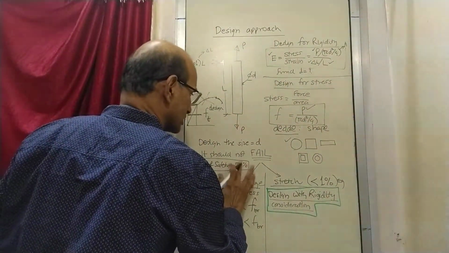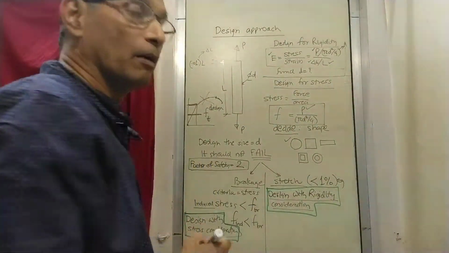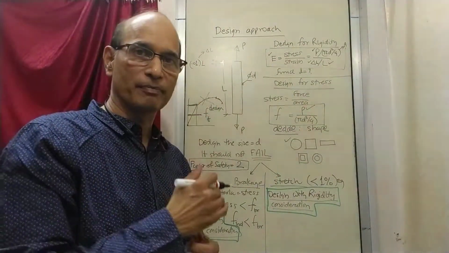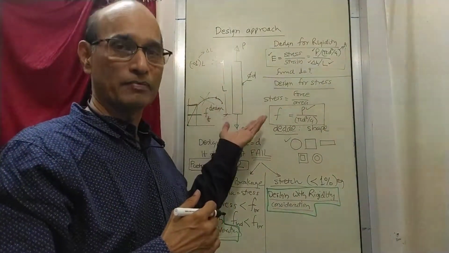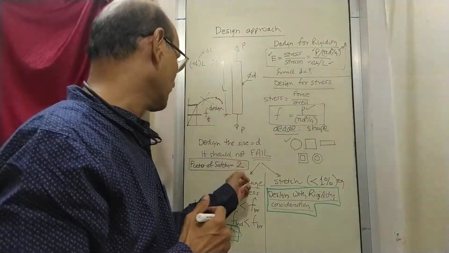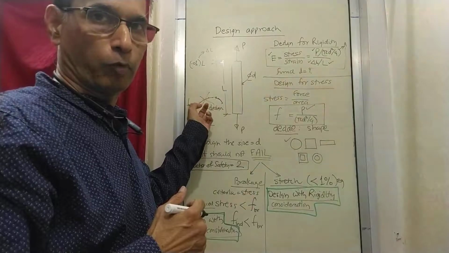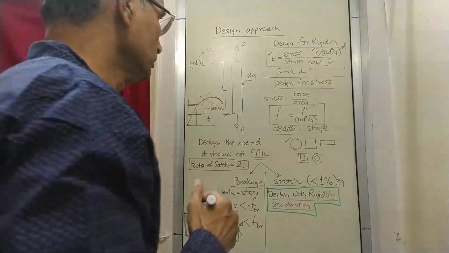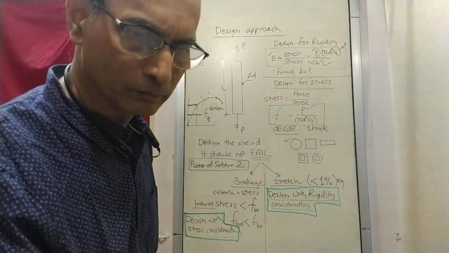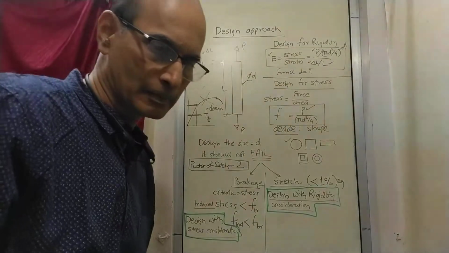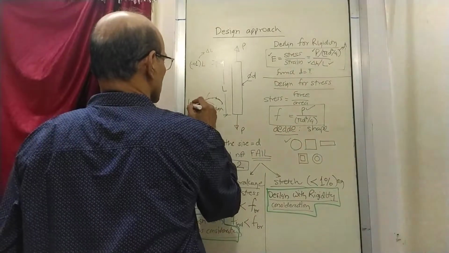So here 50% means the stress is 50%. I will say the factor of safety is 2 here. So it is double safe. You have reduced the stress by 50%. That means you have made it double safe. The factor of safety you have made it 2. It is two times safe. So the design stress you have selected is 50% of the stress at this point, the elastic limit point. You can also call this the yield stress.